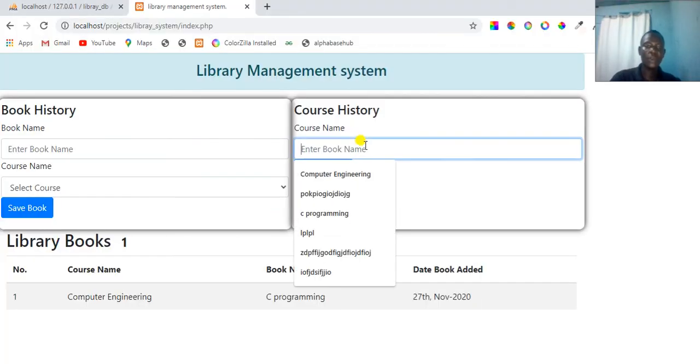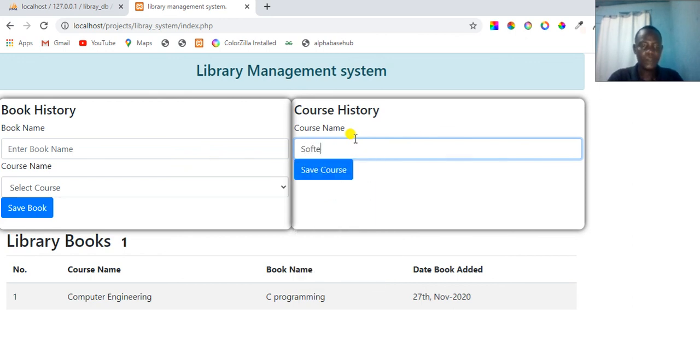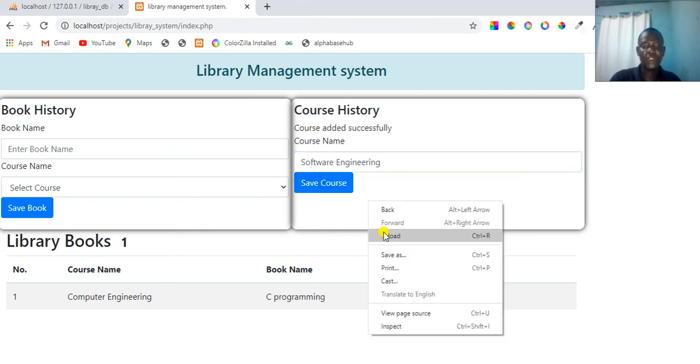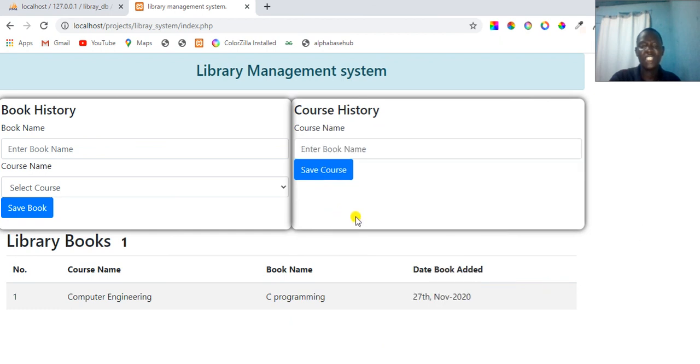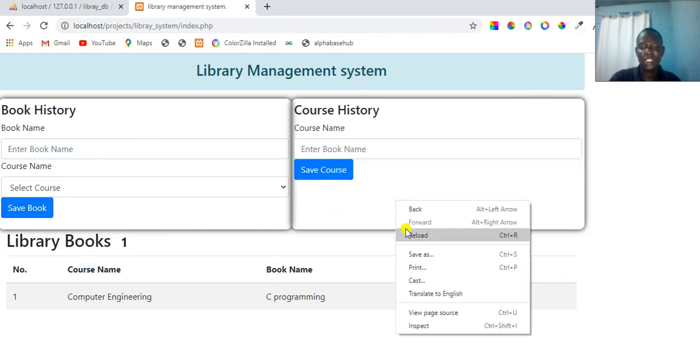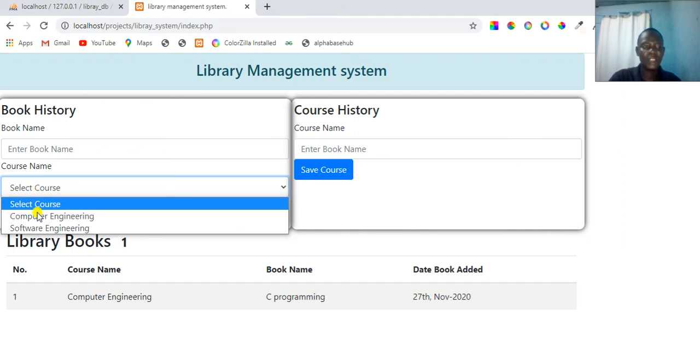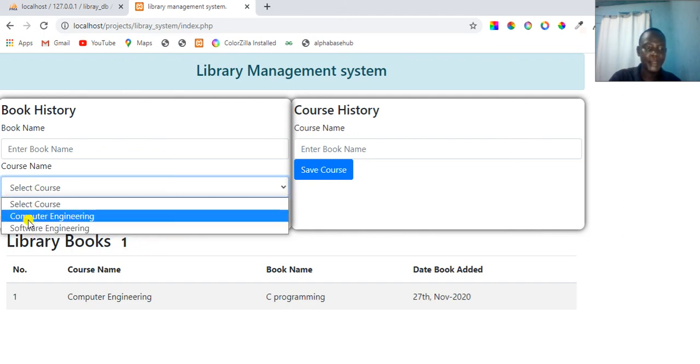So you guys, you can add more courses. For instance, course maybe software engineering. Remember, when you add there, that refresh does not come in and does not affect here. I think you can see it does not come in here. But if I add software engineering as a course